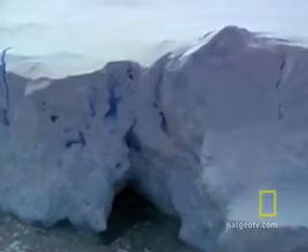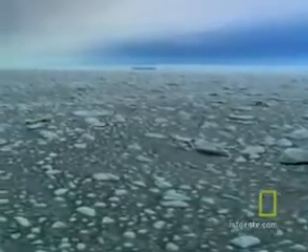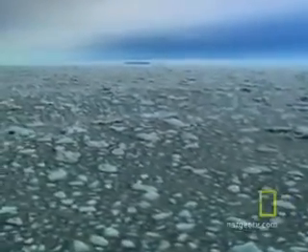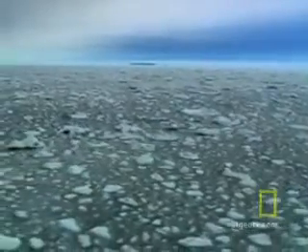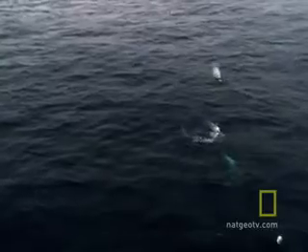Pristine white and sparkling blue, it holds more than 60% of the fresh water on the planet, yet its fierce, frozen interior is inhospitable for most forms of life. It's a different story in the surrounding sea, where the Atlantic, Pacific, and Indian Oceans meet to form the Antarctic or Southern Ocean. There, a distinctive array of life flourishes in waters that remain just above freezing.